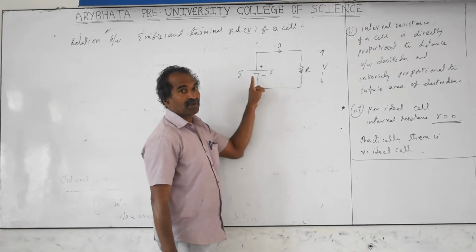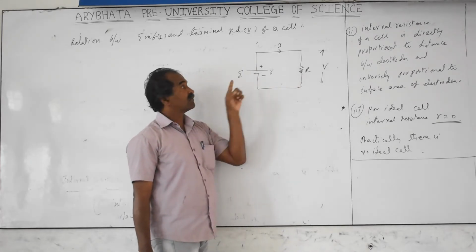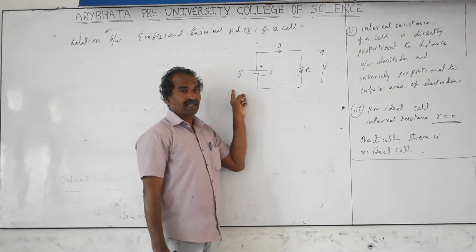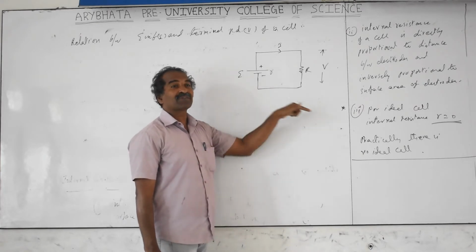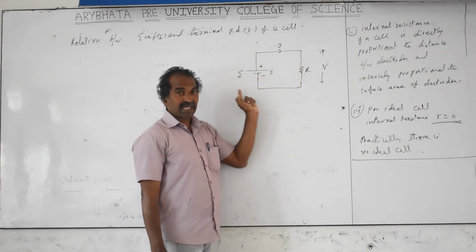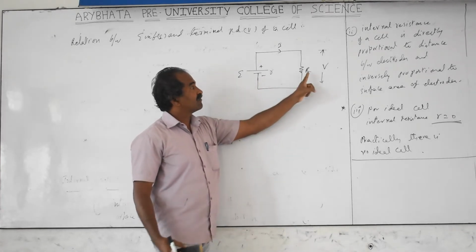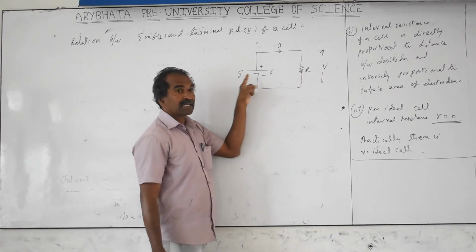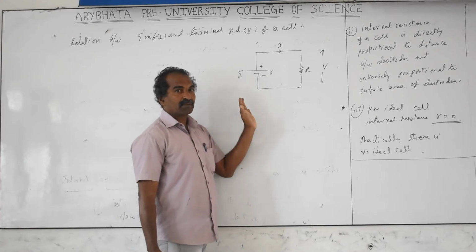So EMF is the actual total voltage. We can also call it that for definition purposes. We said that when the cell is not in the circuit, EMF is there; but even if the cell is in the circuit, EMF is still there. EMF won't disappear. It is there, but it's not visible to us with the meters. Then how do we find the EMF when current is passing? You take the voltage IR plus I into small r, the voltage across r. You take the total sum of these two voltages, and that is equal to the EMF. So EMF will always be there.